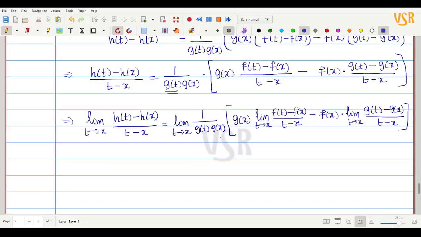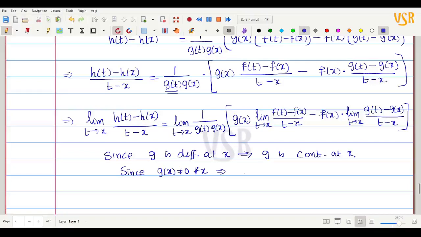And again, what am I going to prove? Since g is differentiable at x, this implies that g is continuous at x. Okay, also, since g of x is not equal to 0 for every x, this implies that 1 divided by g is also continuous at x. We have studied correctly: if the function in the denominator is non-zero, then its reciprocal